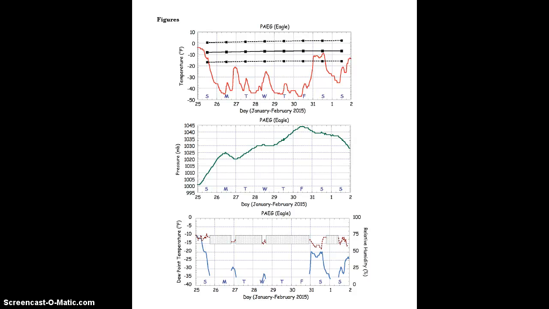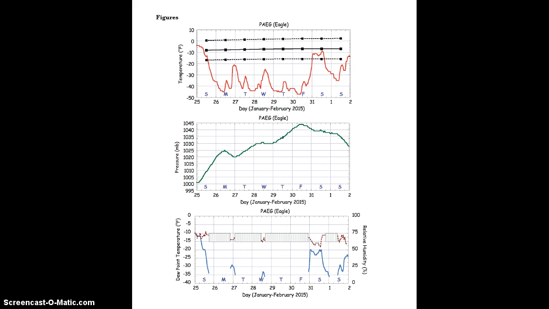And I would like to now go on into the pressure and the temperature comparison. As you can see, the pressure started off low and then rose throughout the week and then fell again. And I thought there was another relationship here between the pressure and the temperature, where the temperature started off at about -4 at its highest temperature, and then again on the same day the pressure was low, and as the temperature went down the pressure went up, and as the pressure went down the temperature went up.